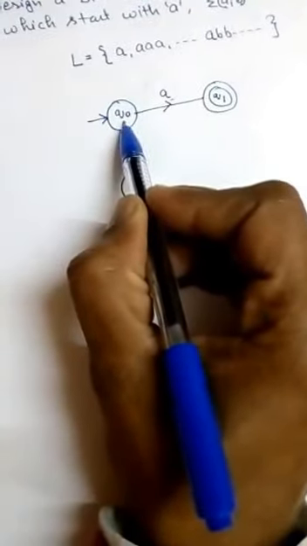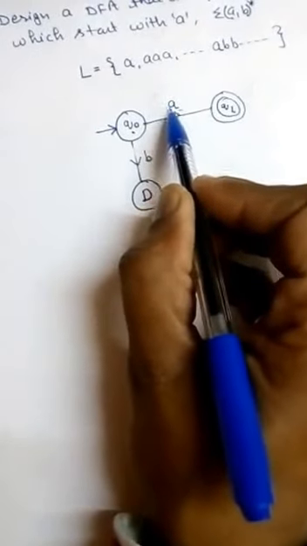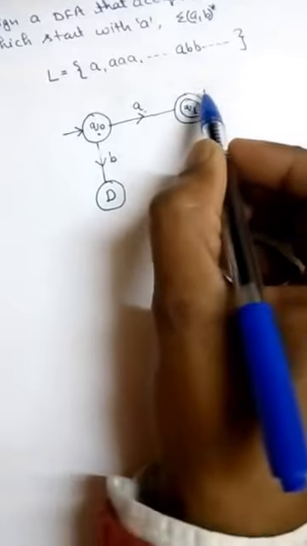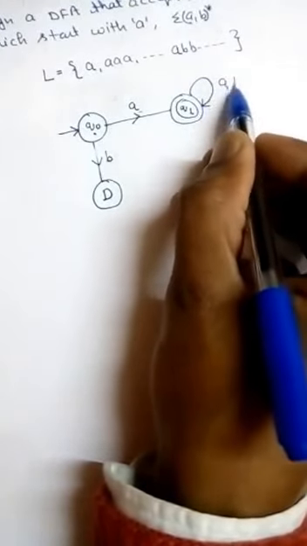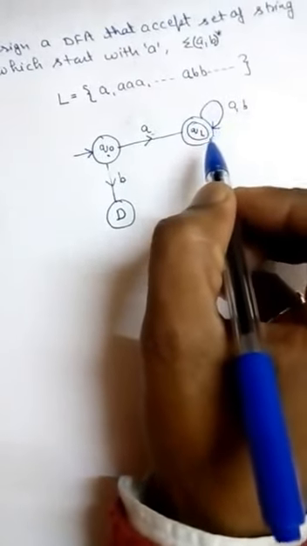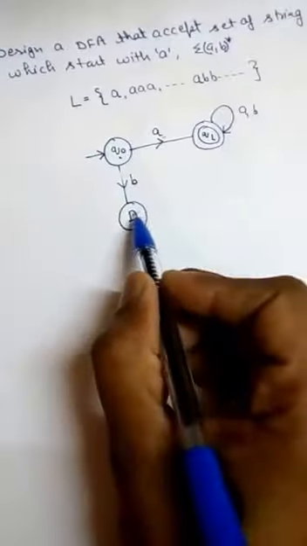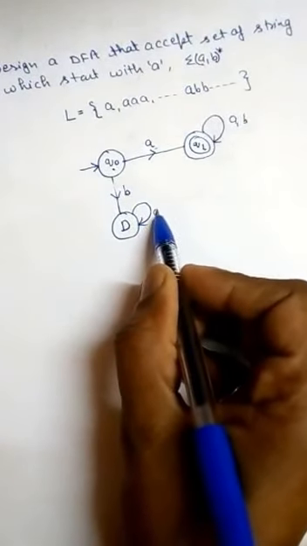So from the Q naught state to the Q1 state, we reach by traversing one A. So this is accepted. Any number of A's and B's can come after the first A. This is accepted and the machine will keep looping in the final state. Once the machine reaches the dead state, any number of B's and